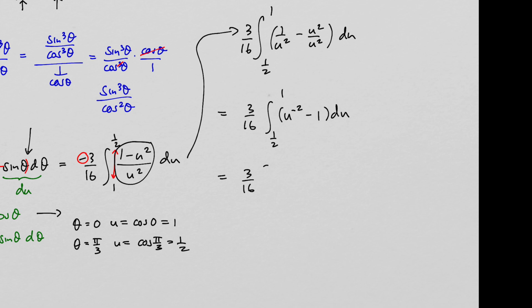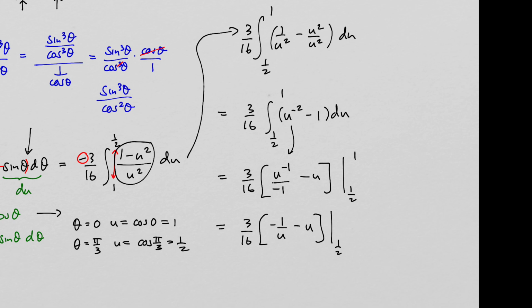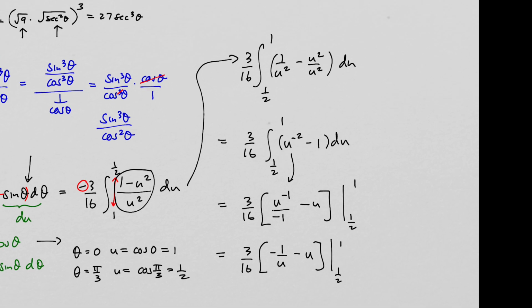And this becomes u to the negative 1 over negative 1. So I'm taking the antiderivative now, minus u. And we get 3/16. This is going to be negative 1 over u minus u from 1/2 to 1. So let's go ahead and plug it in here. We have 3/16. When you plug in 1, you get negative 1 minus 1 minus, when you plug in 1/2,